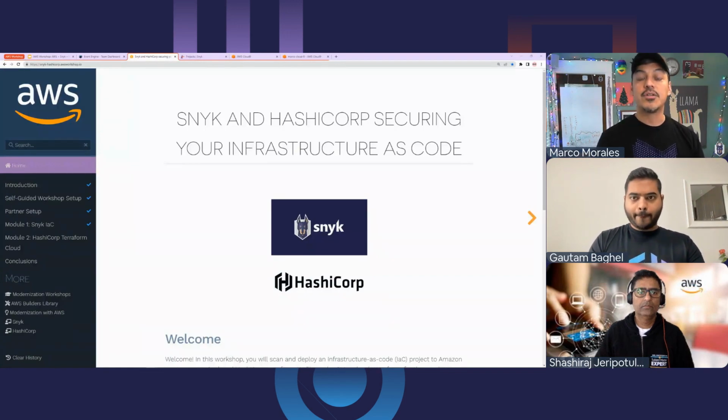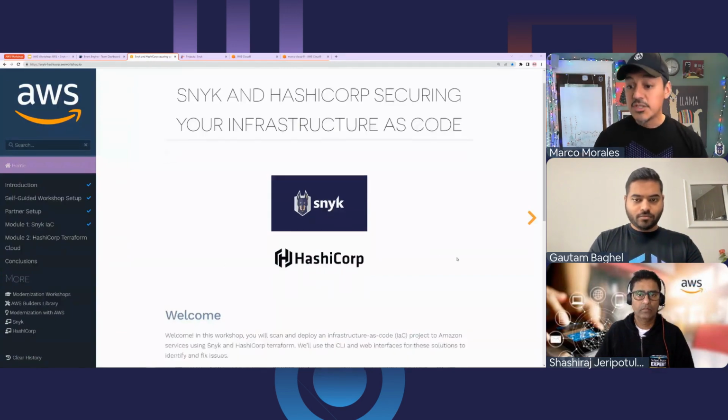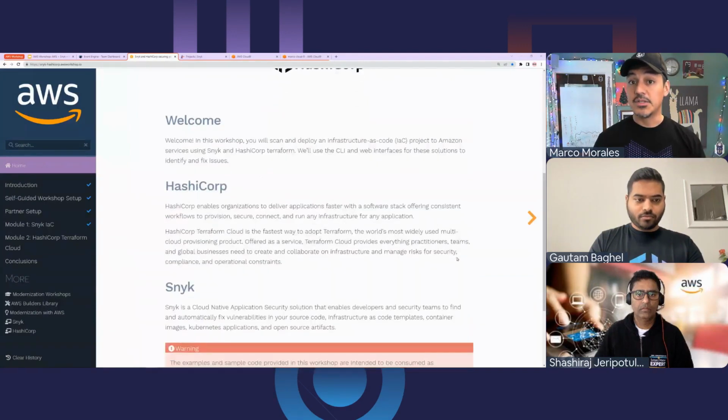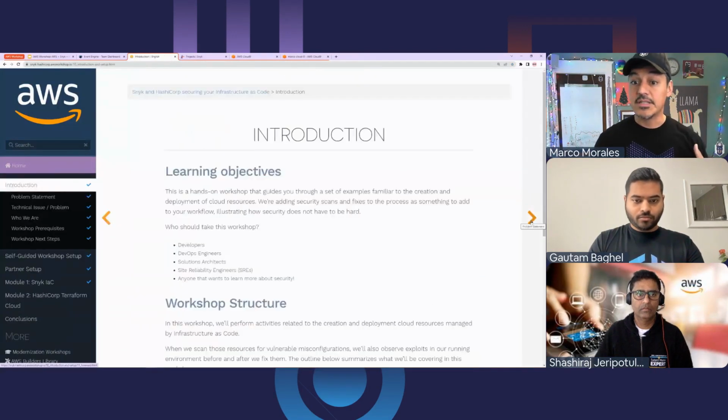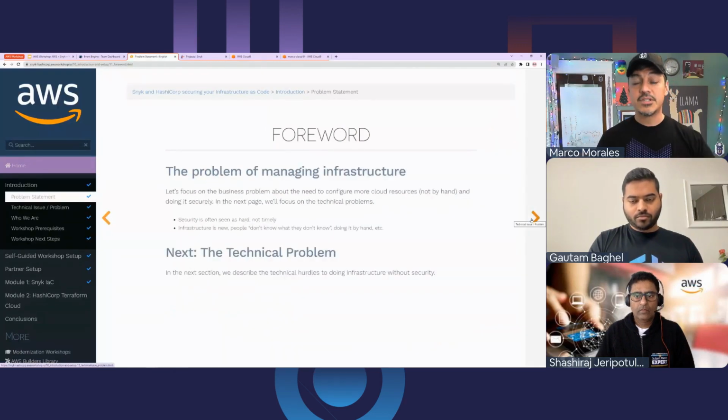We walk you through some real world use cases so that you can do things. And then I'll just navigate through. So we give an introduction, and Gotham is going to give you his own description of what HashiCorp is. I told you about Snyk. We're going to tell you what we're doing. We already mentioned that we want to show you how developers can address infrastructure as code and security issues at a time of authorship. And then we just start describing other things.